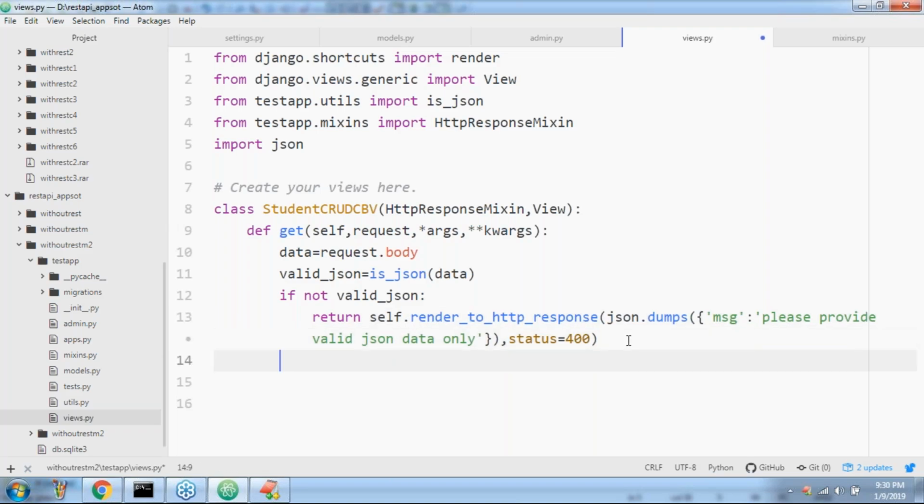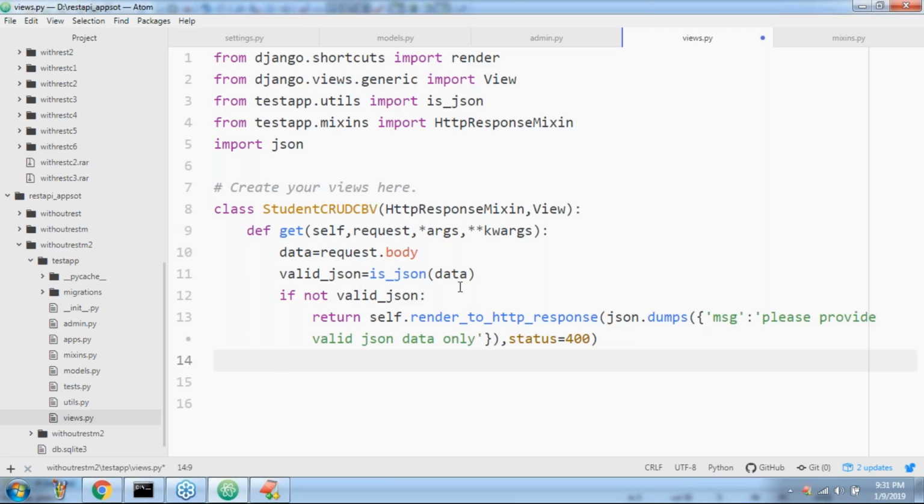Now when the control comes to line number 14, if the data is valid JSON, my requirement is to check whether ID is available in this data or not, because my partner application may send ID or may not send ID.